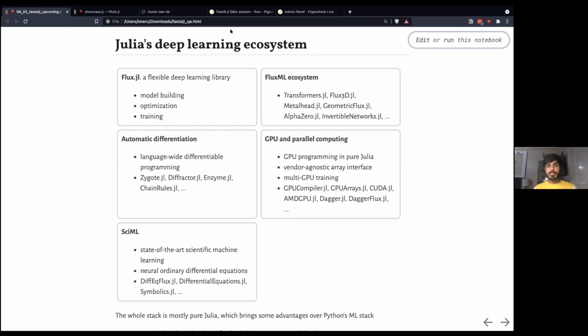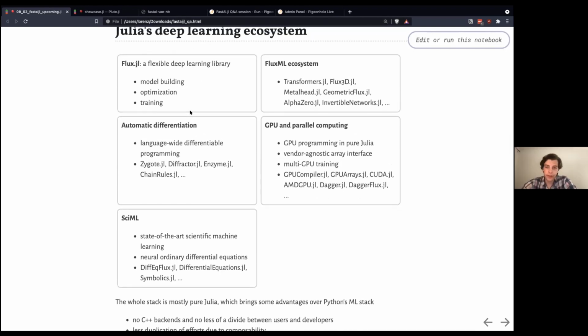So that's a very exciting way of progressing the ecosystem, where you have these cordoned off sections of development, which you have people who are very, very familiar with that space, and letting them express themselves the best. We're able to move the entire ecosystem as a whole, and we'll speak about how we work with Dagger and DaggerFlux.jl and so on. But yeah, that's just a very high level introduction to how Flux works.